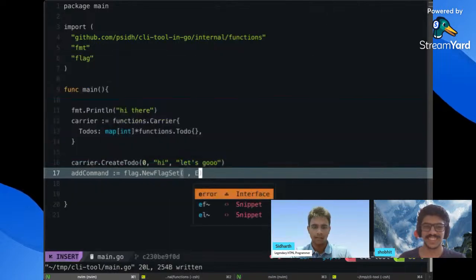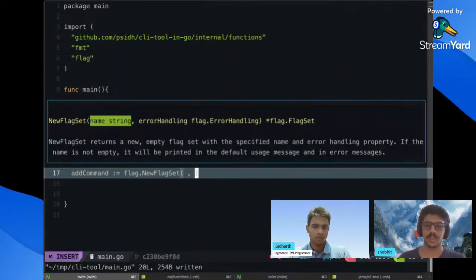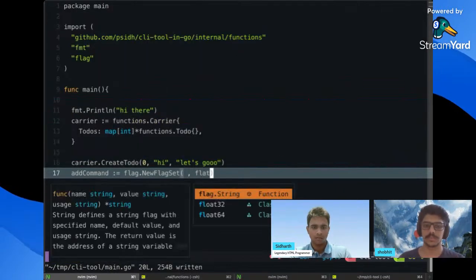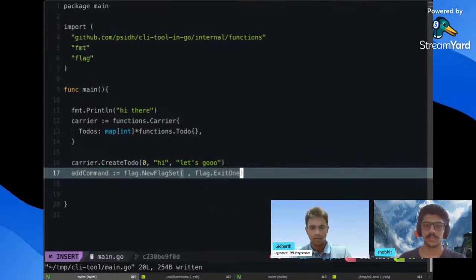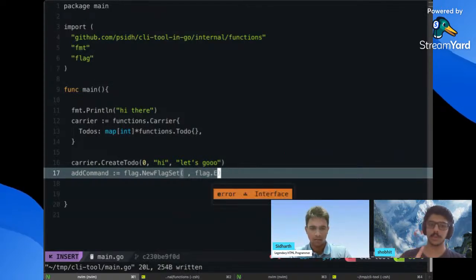Oh, सिर्फ exit on error. नहीं, flag dot exit on error करके एक होगा। Flag dot exit on error. Exit का O कैपिटल हो जाएगा। ठीक है, इसमें नहीं दे रहा वो तो फिर भी ठीक है।